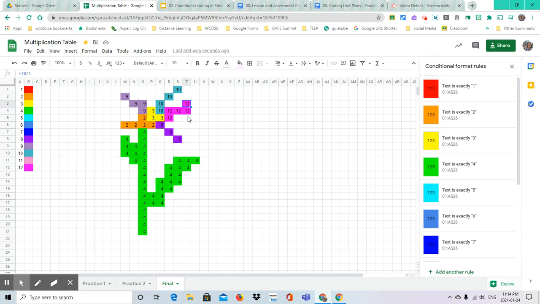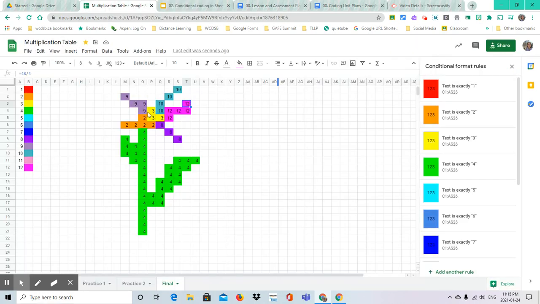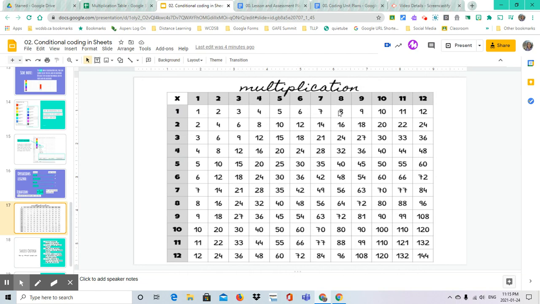And you might think, wow, that's like a lot of work. I'm not sure I can do that. But you all have access to multiplication tables in your agendas online or in this slide deck here. So let's say your ultimate color is you want to have 9 because you want this purple color. Then you can look at your multiplication table and go down the nines times tables, right? And you can see I'm going to do 99 divided by 11 because I know that's going to give me